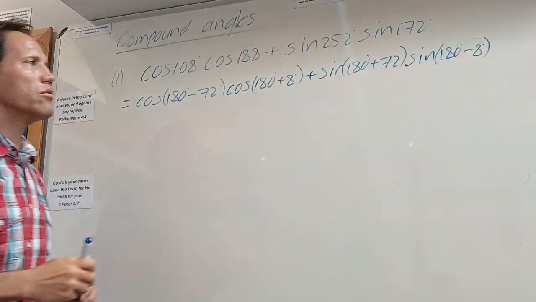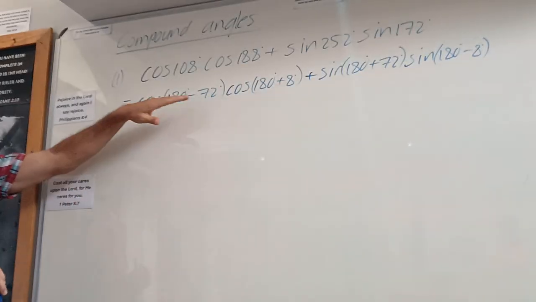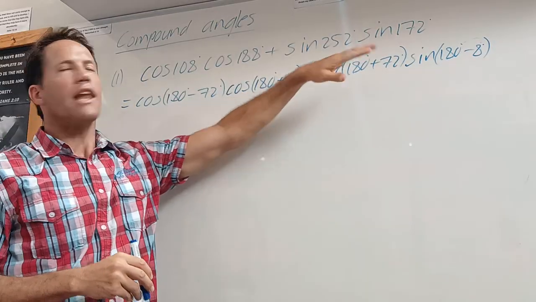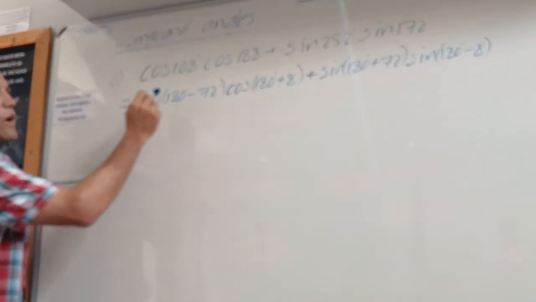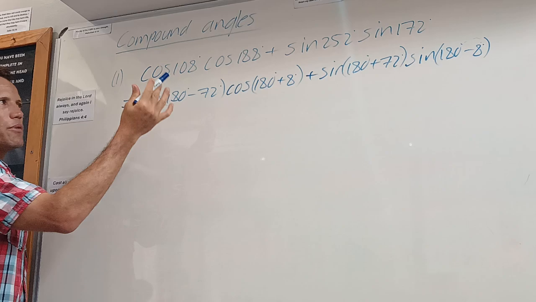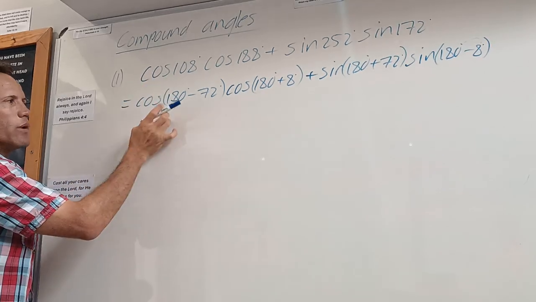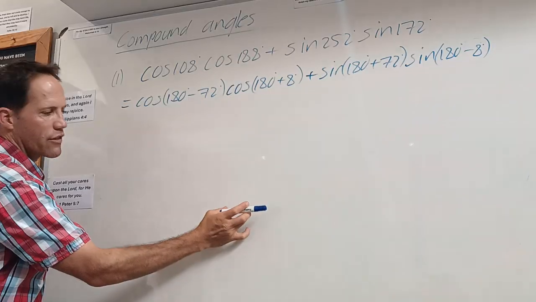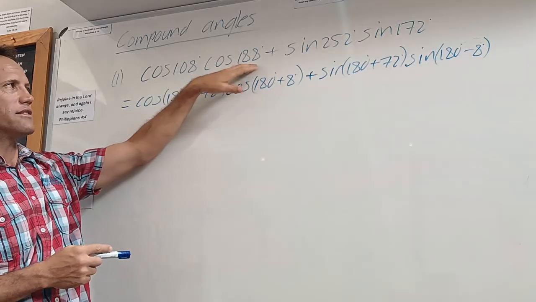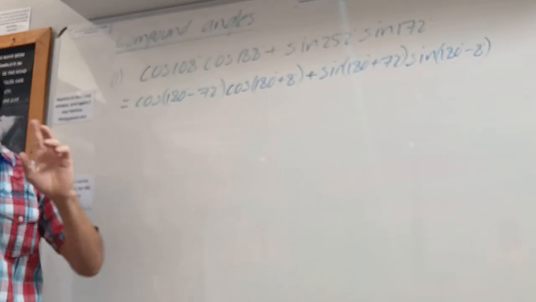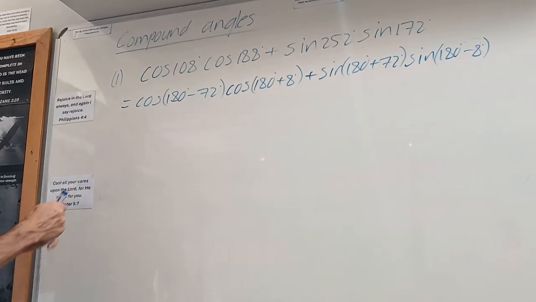Okay, so now we've got all of them in this form, like we did in grade 11. Nice revision of the grade 11 work. Just check which quadrant it is and decide what you're going to use: theta, 180 minus theta, 180 plus theta, 360 minus theta. Second quadrant, 180 minus theta. And 180 minus 72 is the same as 108. 180 plus 8 is the same as 188. But you change it into this form because now you can say,